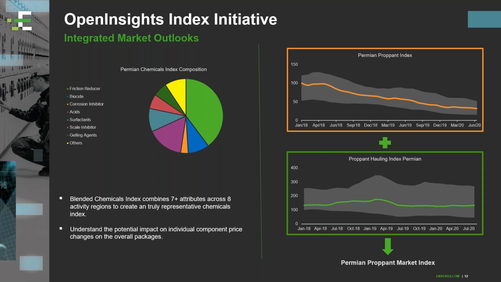And for the purposes of this talk and really in these indices, it helps you to gauge where you are inside of the overall market, right? So you might be getting your proppant price at a little bit lower cost, but if you are paying more for hauling and it's 20% of the total cost, how much is that impacting the whole thing? And so it really takes something like this, where you're able to put the different components of the cost together, in order to really get a full and proper gauge of where your spend is in relation to others in that market.